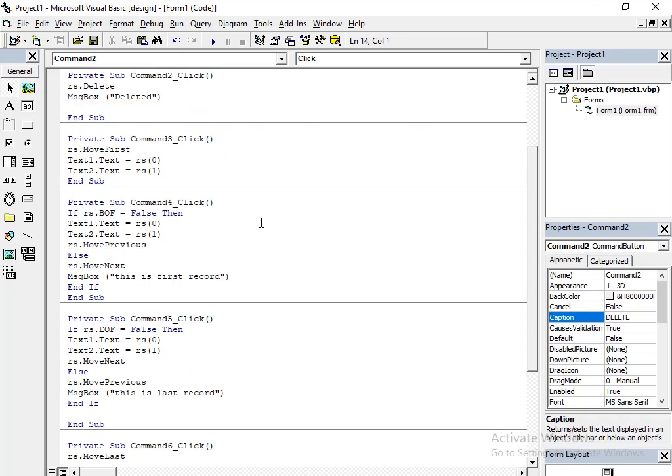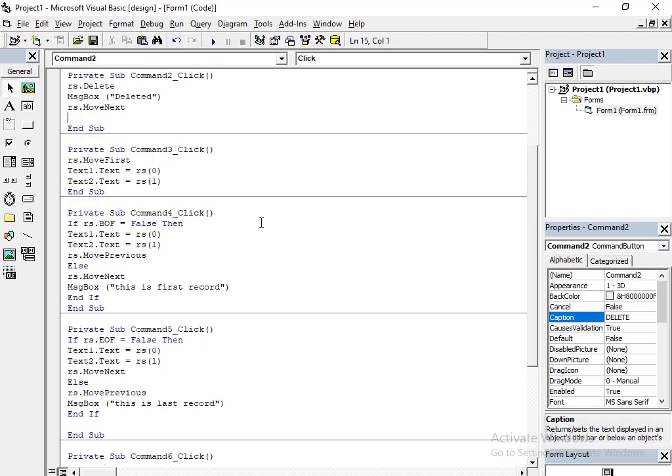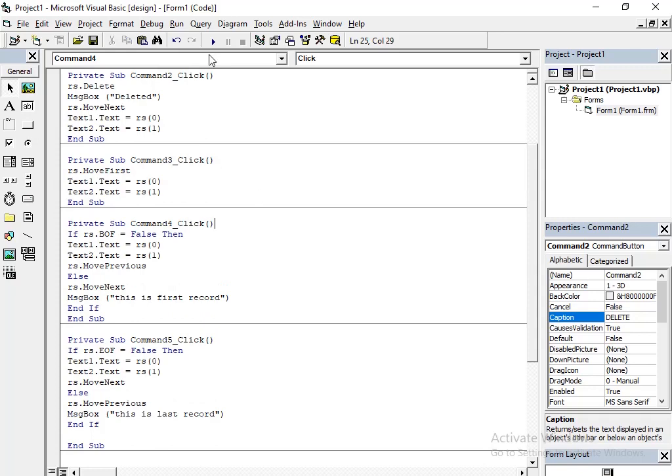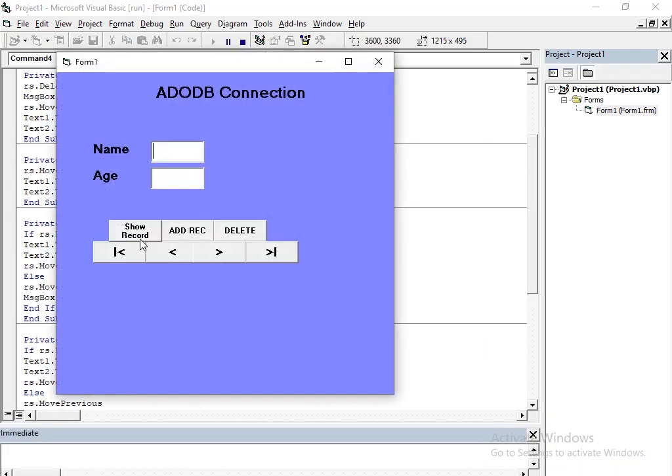Okay, so once that is deleted, there is no record, then we have to move to the next record, and of course we have to specify the data source, right? So first record I'm deleting, then it moves to the next record.